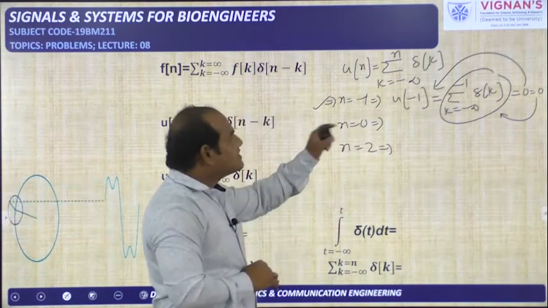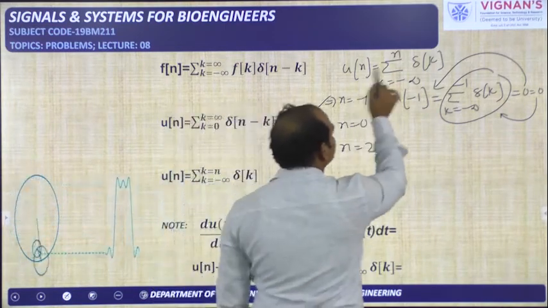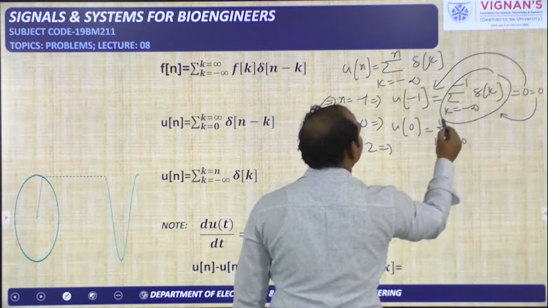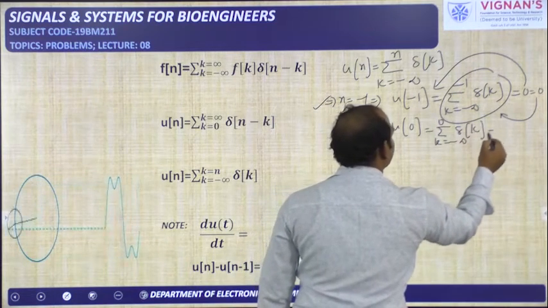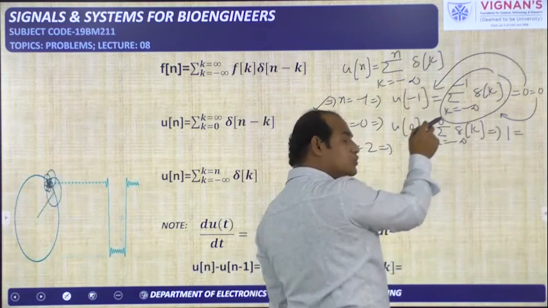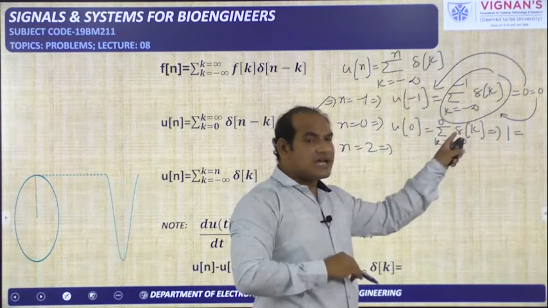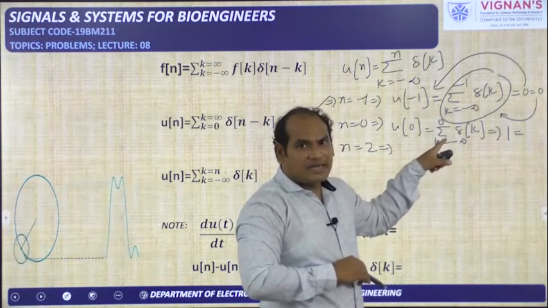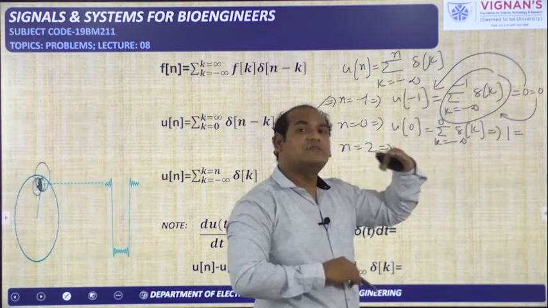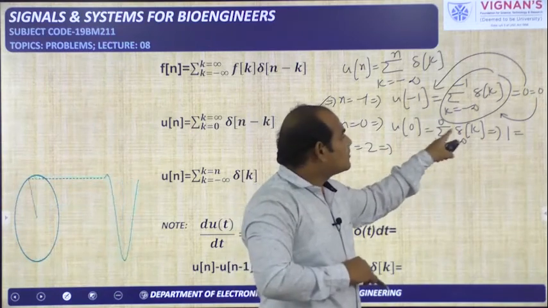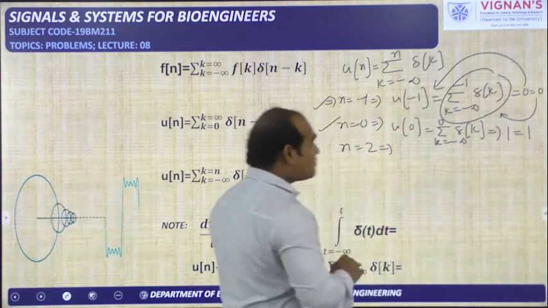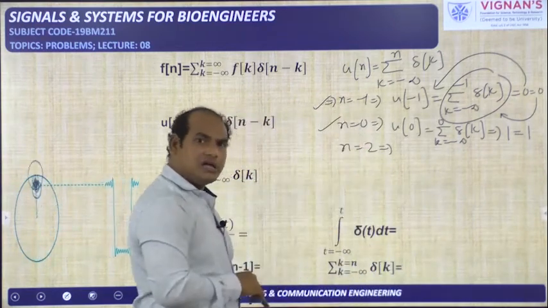Over. Next, you take n is equal to 0. If you take n is equal to 0, substitute here, u of 0 is equal to sigma k is from minus infinity to 0 del of k. So u of 0 is how much? 1. That is equal to, we are doing the summation up to k is equal to 0. So here del of 0 is also available. Del of minus infinity, del of minus 100, del of minus 99, del of minus 10, del of minus 1. Up to del of minus 1 it is 0 only, but whenever k is equal to 0, del of 0 is 1. So 1 is equal to 1. This is true. The equation is satisfying for n is equal to 0 also.